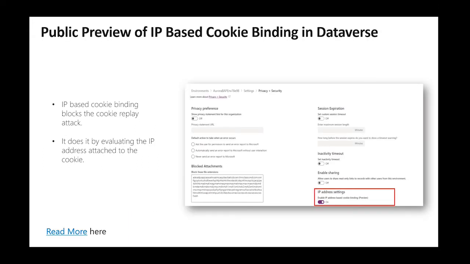The next one is around a public preview of IP-based cookie binding in Dataverse. IP-based cookie binding will help a customer's organization in responding to the cookie replay security threat. It blocks the cookie replay attack by evaluating the IP address attached to the cookie. If a cookie IP address in the request is different than the IP address of the cookie where it was originally created, then the Dataverse API will reject the cookie in real time and prompt the user